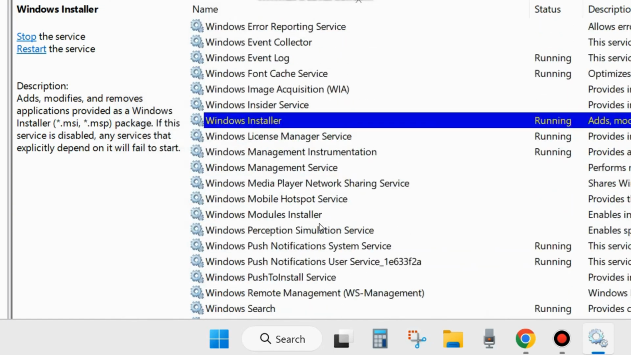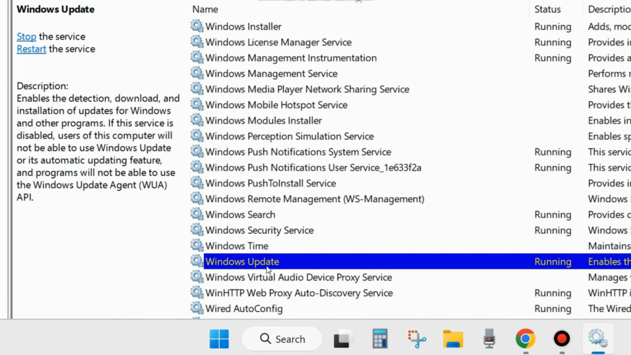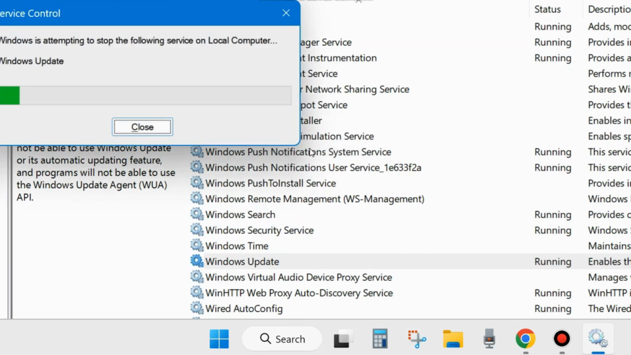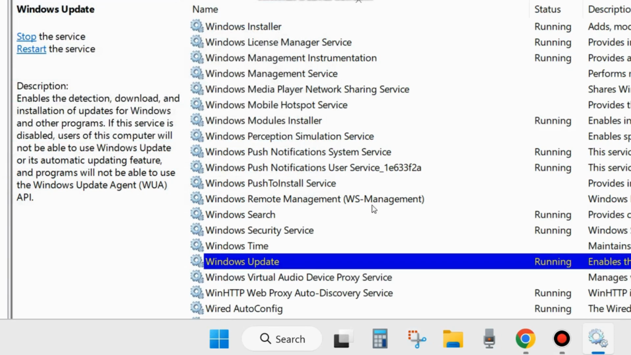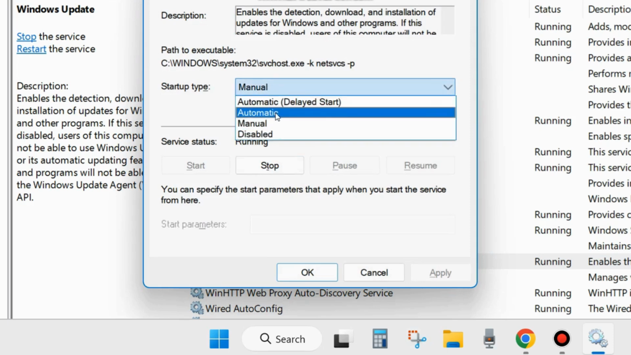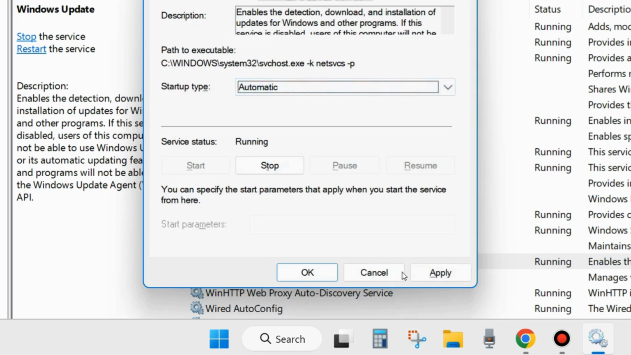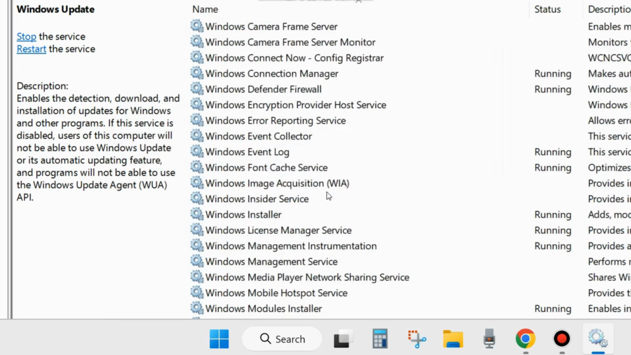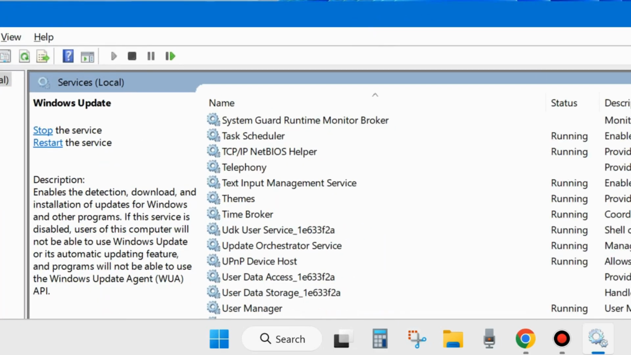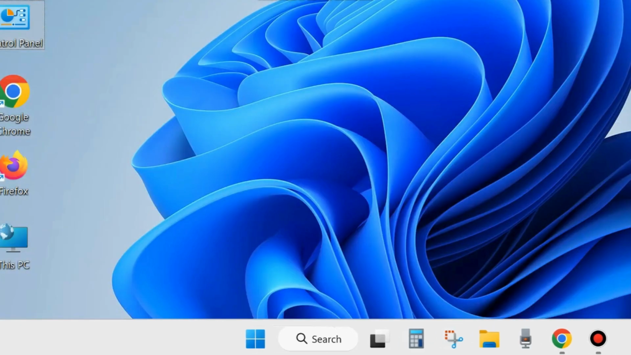And the last one is Windows Update services. Right click on it, choose start, otherwise restart Windows Update services. Apply a double click on it to open its properties and go to a startup type and set it as automatic and choose apply and OK to save the changes. After that, close the services windows and check whether your Windows Update installing or not. If not, go to the next fixes,